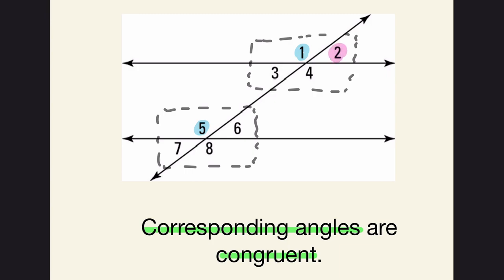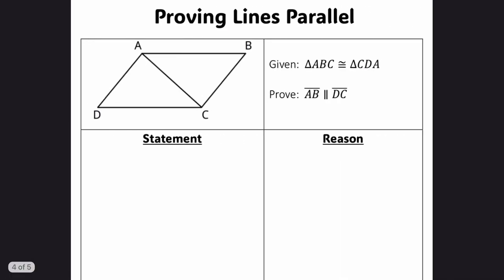Angle 2 corresponds to angle 6. Angle 3 corresponds to angle 7. And angle 4 corresponds to angle 8. When I say corresponds, like angle 4 is in the bottom right-hand side of that intersection, and so is angle 8. Same position. So if we take a look at our interactive notebook page, proving lines parallel, we see